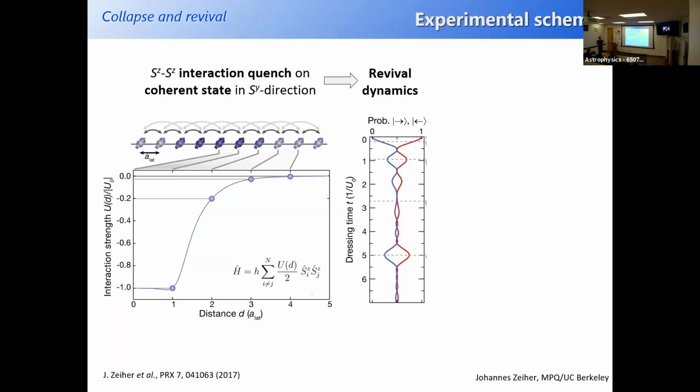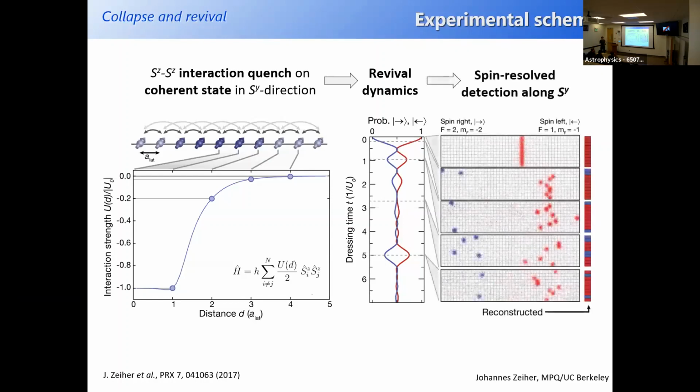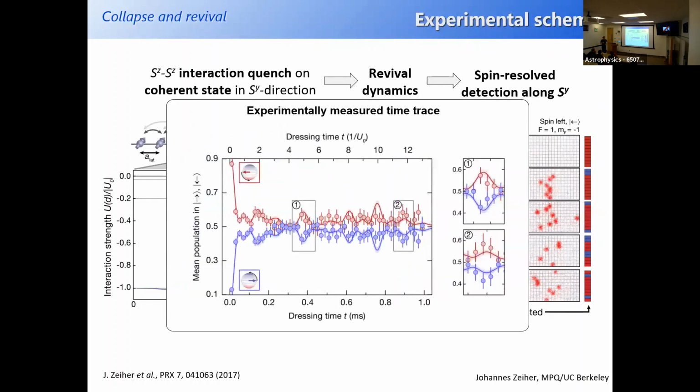And we do this experiment, and in order to see what's going on, you can actually just take a snapshot of the atoms after the experiment. So here you see the initially prepared chain, so this is a 1D experiment again, with 10 spins along a line, and then as time evolves, you see some spins make it to the left, some spins make it to the right, and left and right in this case means spin left and spin right. And you can actually see that the numbers in spin left and spin right vary over time. That's exactly how we would extract the spin magnetization. And that's what's shown here.